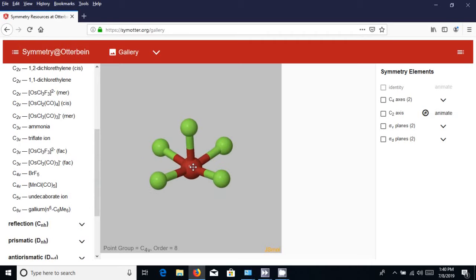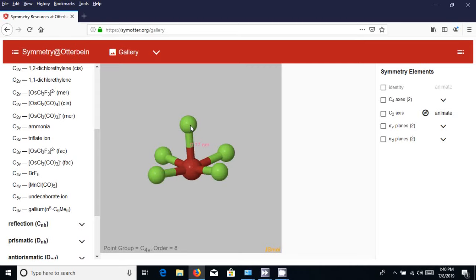So this is the interhalogen compound formed between bromine and fluorine. You can consider that in the center your bromine is there, which is red in color, and the greens are your halogens, that is the fluorine. If you know the geometry by using VSEPR theory, then this molecule BrF5 is actually square pyramidal in shape, right? So you can see the four Br-F bonds are in the square plane,